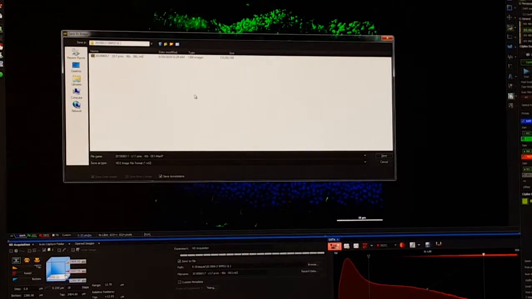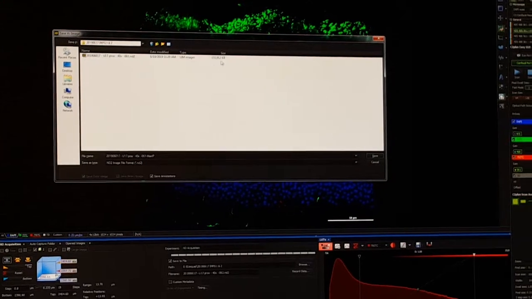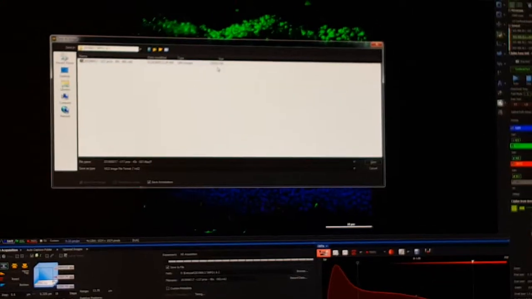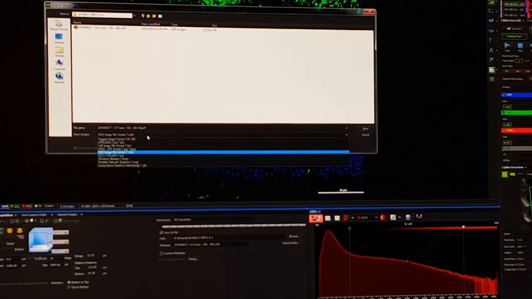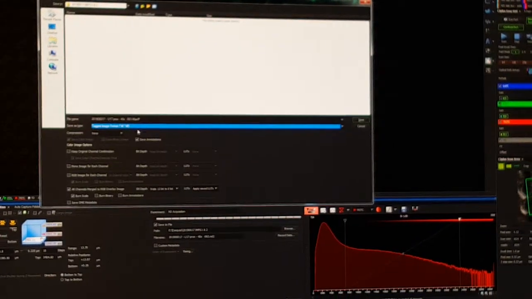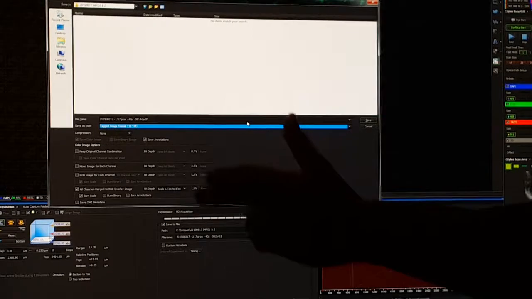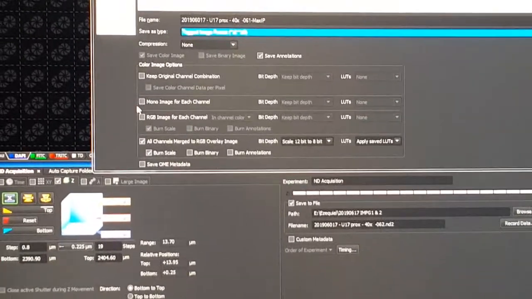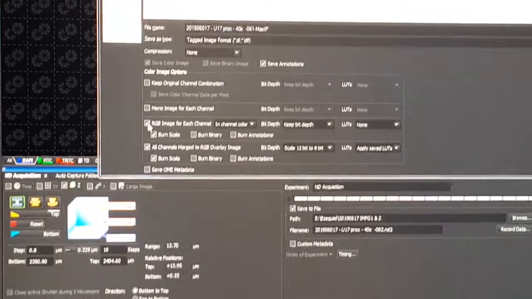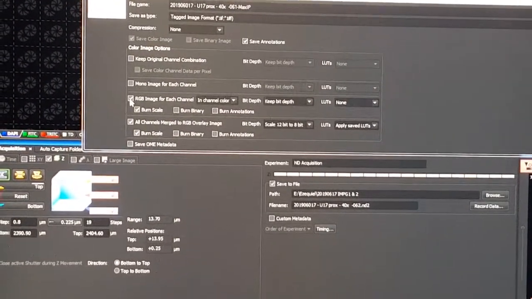Here we have the original file that is big in size, and I personally work with these images, and here you have some options that you can choose how to take the picture. The options that we work mostly is this one and this one. The first one